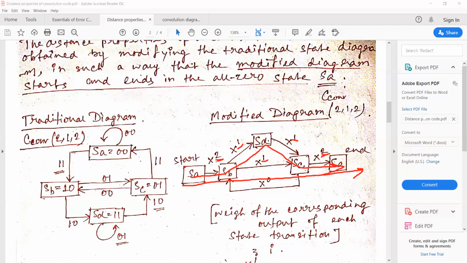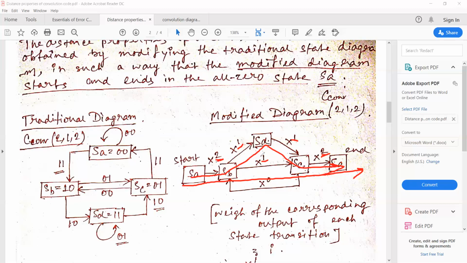We will not consider any self loop. Okay, and then we will consider the remaining transitions and the corresponding outputs and weights of those outputs. Okay, so here it is,